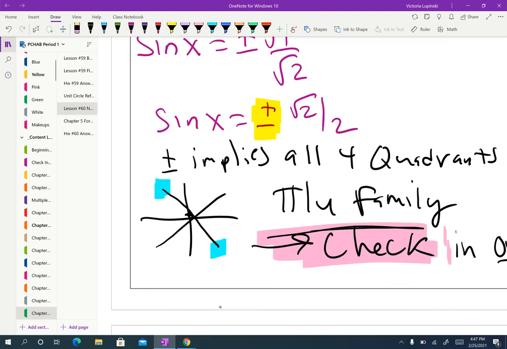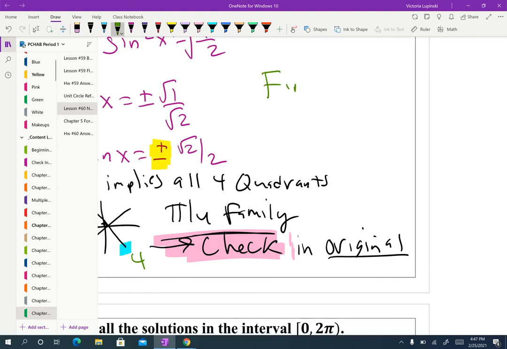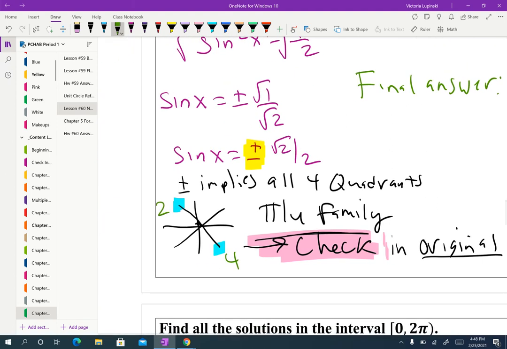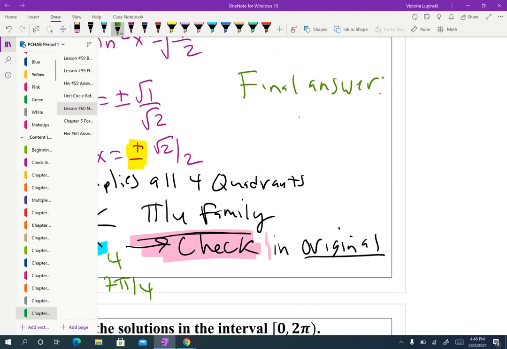And again, it's because when I go to check them, the only possible way that those 2 things can cancel out is if one is positive and one is negative. So that means that for my final answer, after I do all that checking, my final answer is only going to be the answers in quadrants 2 and 4. So this is the pi over 4 family, which means this here is 3 pi over 4. This is 7 pi over 4. But notice that because it's the pi over 4 family, it's equidistant from 3 pi over 4 to 7 pi over 4. So I'm going to be able to find all the answers if I say 3 pi over 4